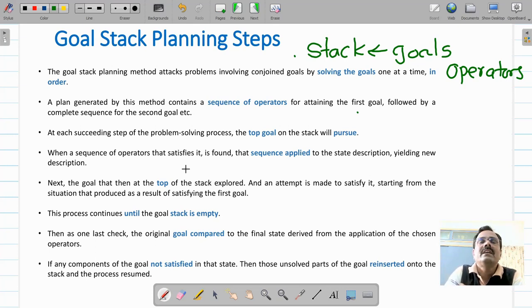So to satisfy these goals, you need to perform certain operations. So the operation which you are going to use to satisfy the initial goal will be put on the stack again. Then it will be on the top of the stack. Then the goal which is on the top of the stack will be pursued.